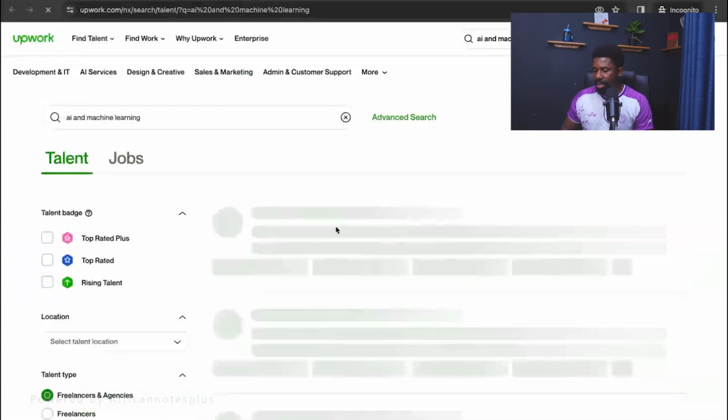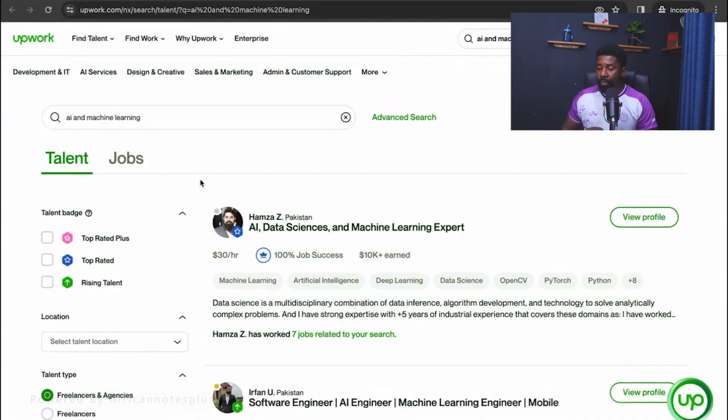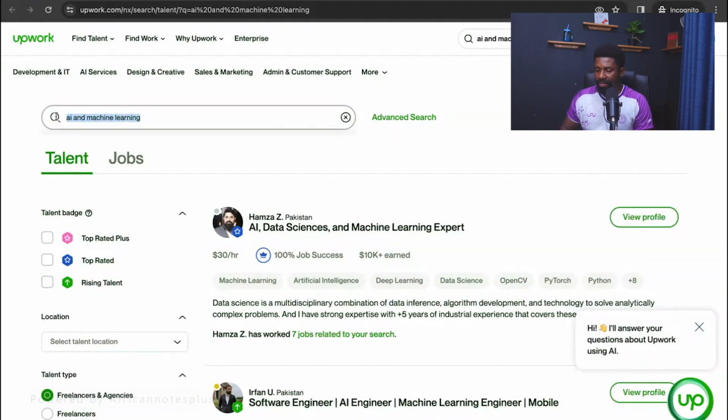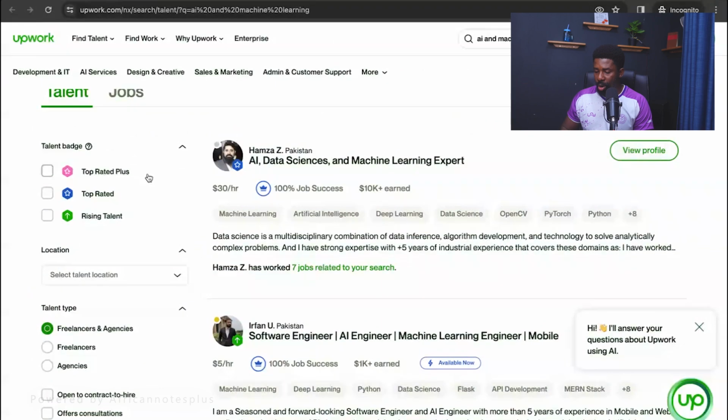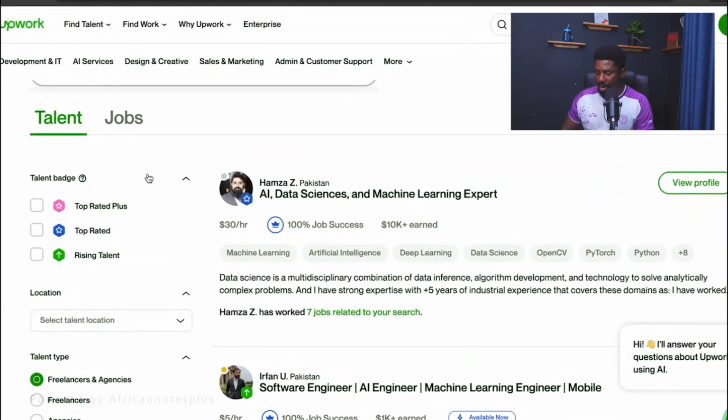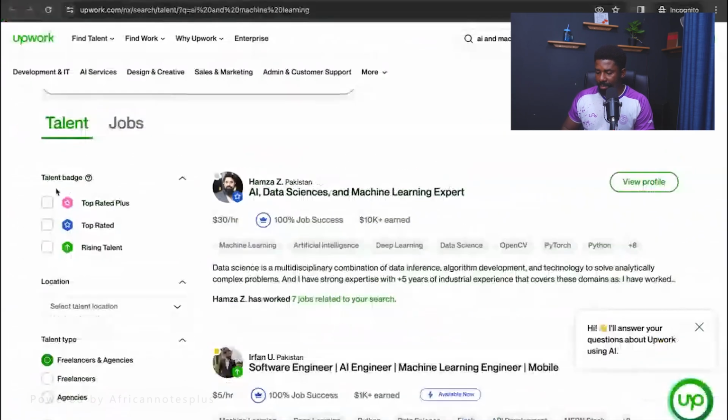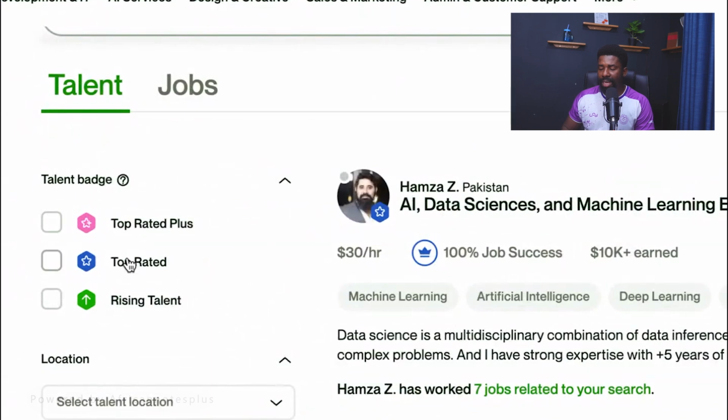So you can click on the AI tab and then it takes you to the more talent area. So there I create a new tab, right? So here on this particular tab, you can actually search for what you are looking for. If you are looking for a specific type of category, you can just search for it at the top here, or you can actually come to the jobs tab here. Now there are different categories here of search. Now you have, let me go again. So you have the talent badge search.